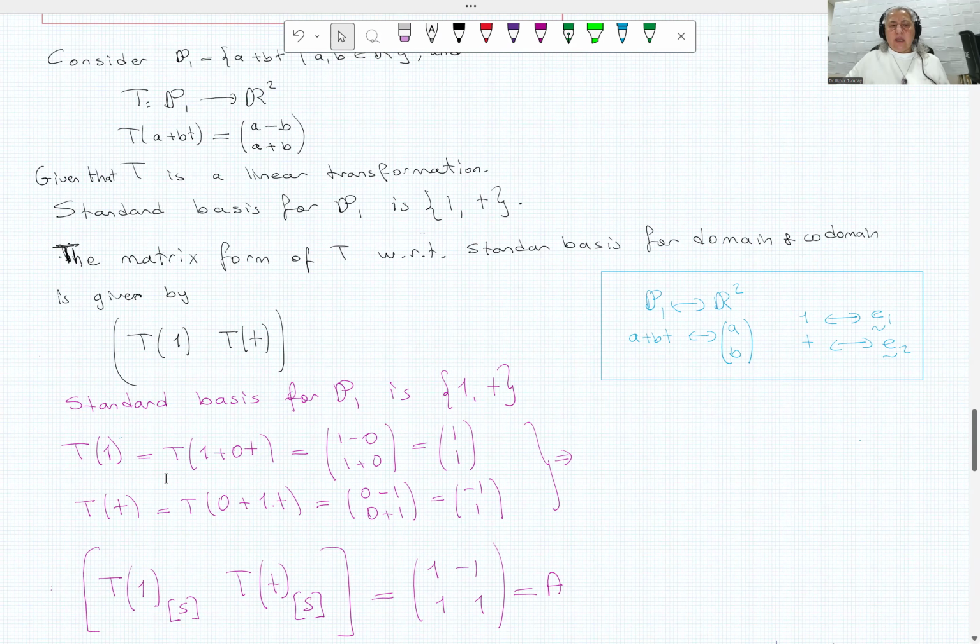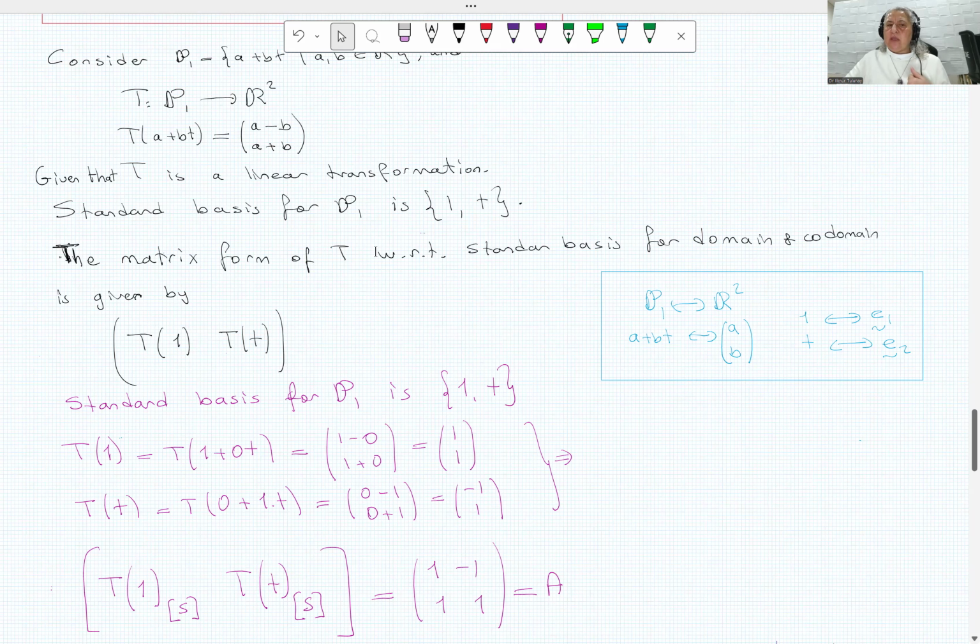T(1), as a polynomial, will be 1 plus 0t. That will be 1, a minus b, 1 minus 0, a plus b, 1 plus 0. So this is 1, 1. T(t) will be 0 plus 1t, so a is 0, b is 1. A minus b is 0 minus 1, a plus b is 0 plus 1. So it is just minus 1, 1. So T with respect to the standard basis, in this case, 1, minus 1, 1, 1, is the matrix form of